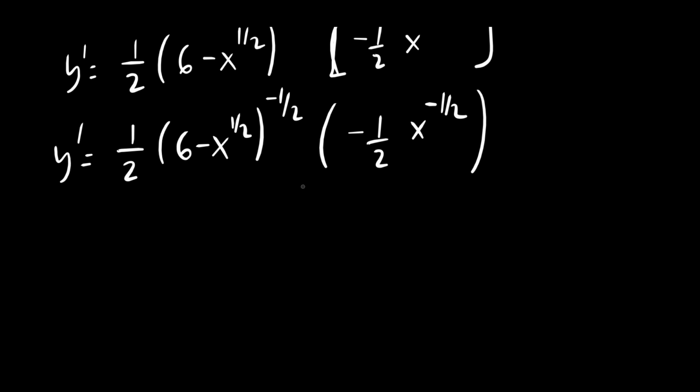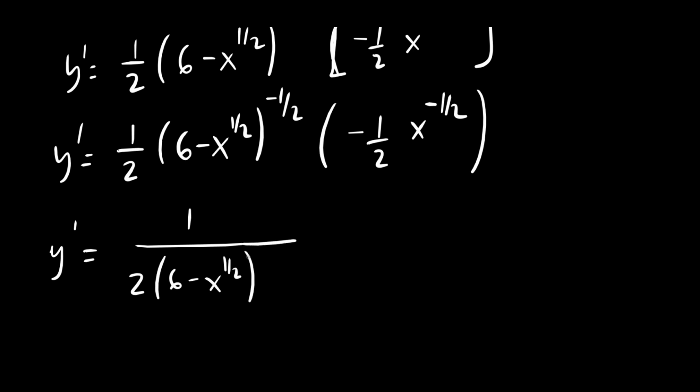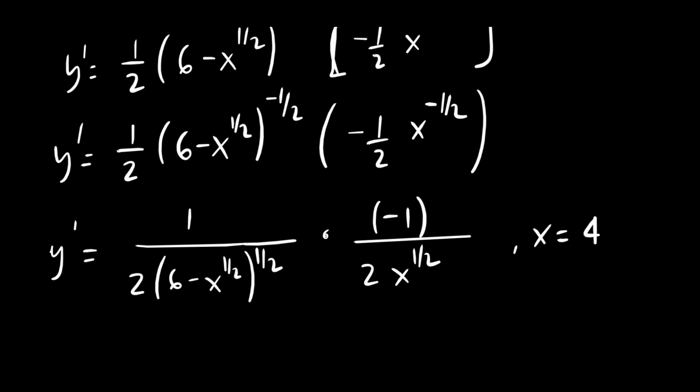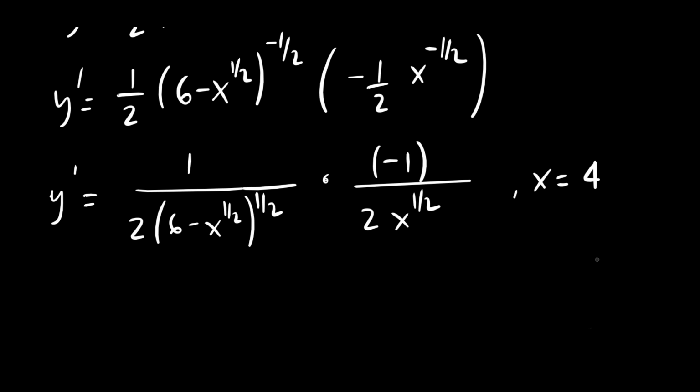So we will put everything having a negative exponent in the denominator. So 1 all over 2 multiplied by (6 minus x raised to the power of 1/2) raised to the power of 1/2. So this thing is also multiplied by negative, so it's negative 1 all over 2 multiplied by x raised to the power of 1/2. So at x equal to 4, right? x is equal to 4, we have